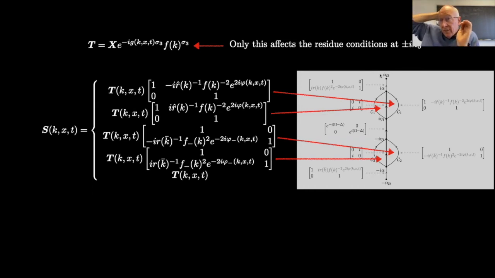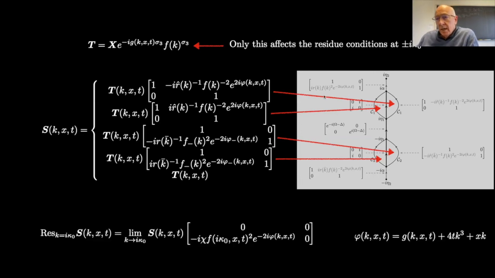So the only thing that actually is affecting the residue condition is the G function, and there's some lower order correction to that. And so that's the residue condition at the bottom. Now, remember the intuition. The intuition was if the residue condition is order 1 and everything else is either order 1 or small, then I can probably compute and the residue condition will matter. But if the residue condition is exponentially small and everything else is order 1, I should be able to ignore